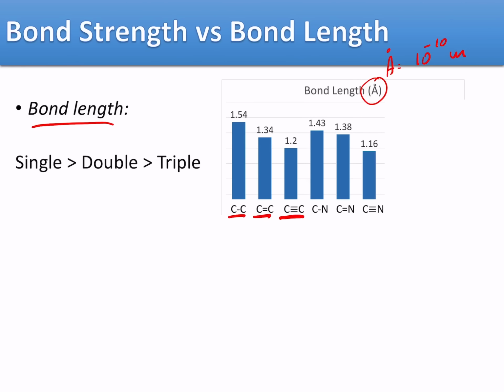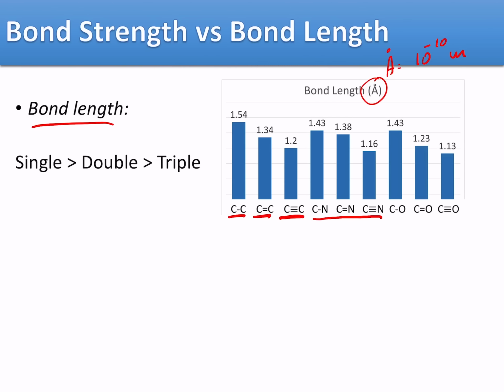But try to keep in mind that you are trying to compare the same atoms connected. So here you are exploring the multiplicity of the carbon-nitrogen bond. If you go from single to double to triple, then those bonds will get shorter and shorter and shorter. Same thing if you have carbon and oxygen. One other thing that you can also explore here, probably not so clear between carbon-nitrogen and carbon-oxygen,